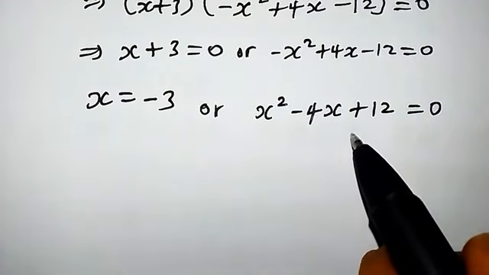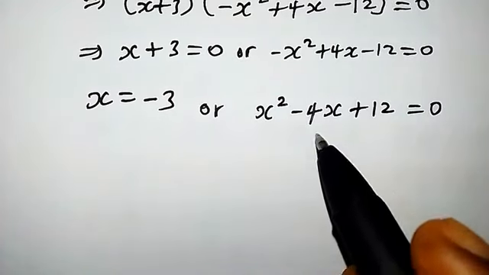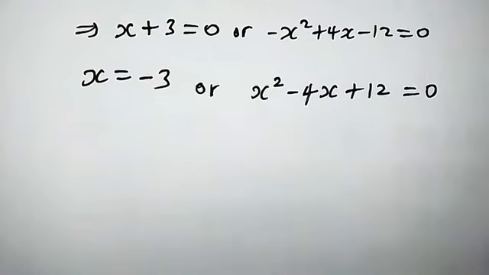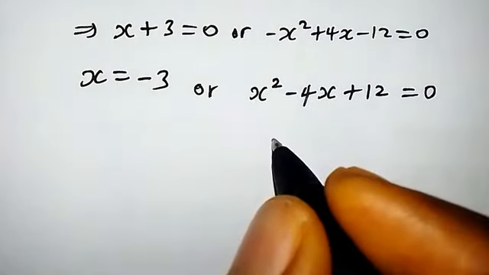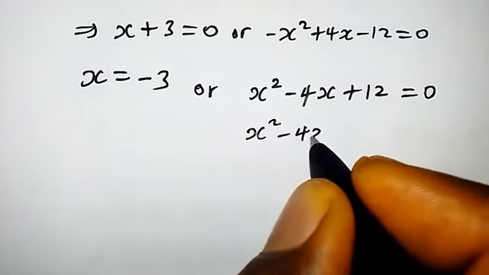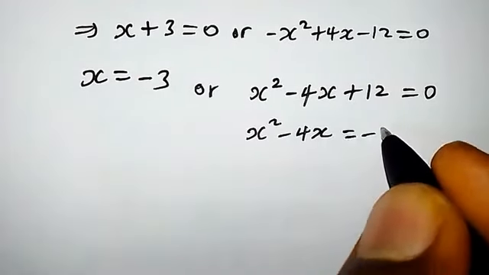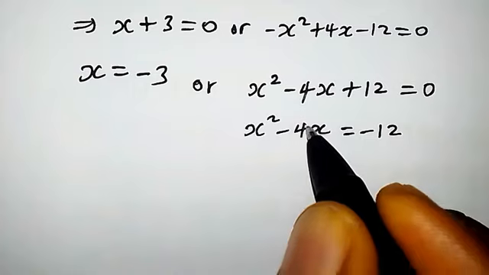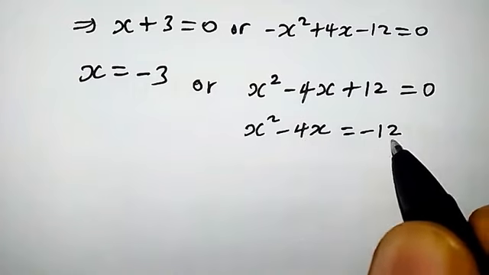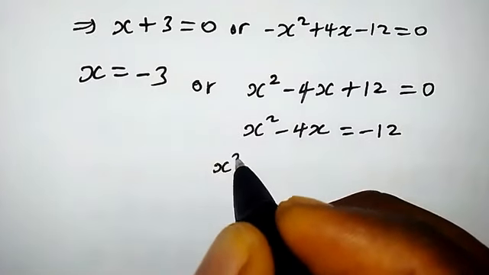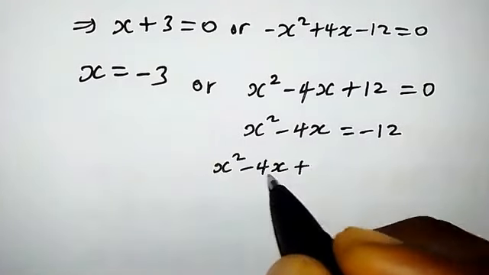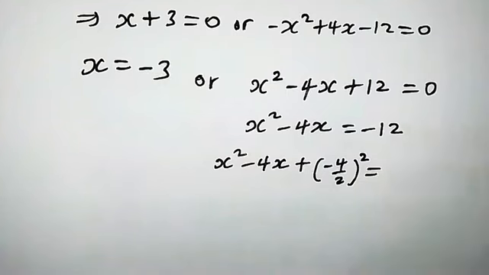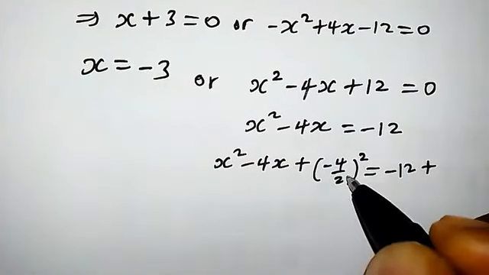You will observe that this quadratic equation is not factorizable, but we can use completed the square method or quadratic formula. In this video, we are going to apply completed the square method. So let's go. So x square minus 4x. When we transfer this constant to the left, we're going to have negative 12. Now, let us add the half of this coefficient, half of coefficient of x, and at the same time square it to both sides. So we're going to have x square minus 4x plus half of this, that will be minus 4 over 2, and we square it, equals minus 12 plus, so we have the same thing to the